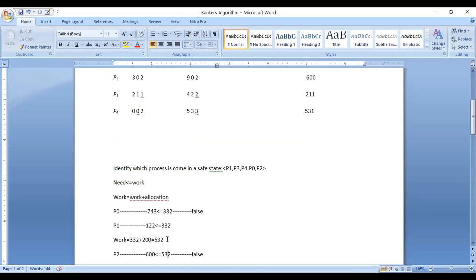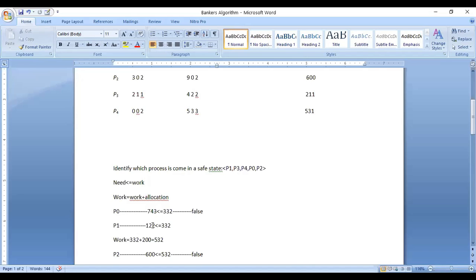So all the resources it needs are available. So for P1 to execute, how many resources will it require? Its need is 1, 2, 2. So those resources are available. If it is executing, then after executing this process it will first become a safe state. That's why I will write the safe sequence as first is P1.